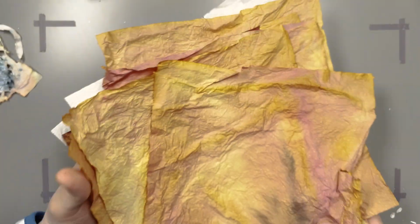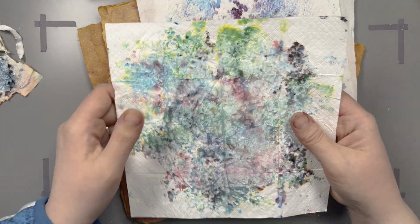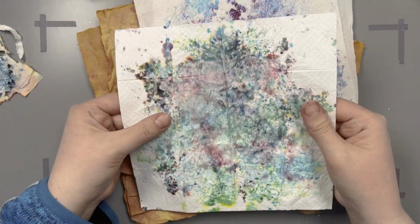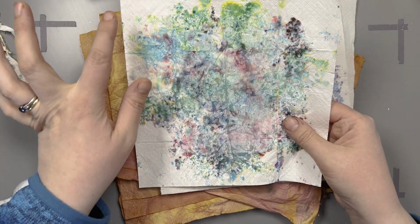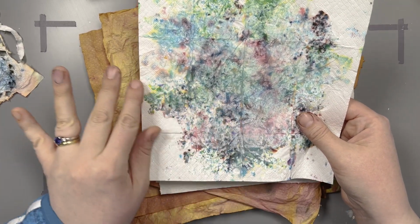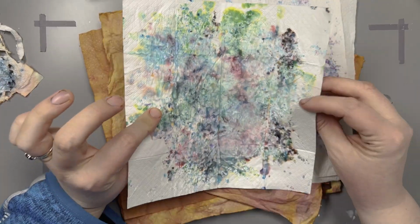Now, I decided that I could use these pieces of kitchen paper because I used them in another technique where I'm putting Procion onto the page. I thought these were just so beautiful that when I heard Shelley Rhodes describing this technique of sewing a grid and then rubbing bits away, and that it worked well on strong serviettes, I thought I could try it with